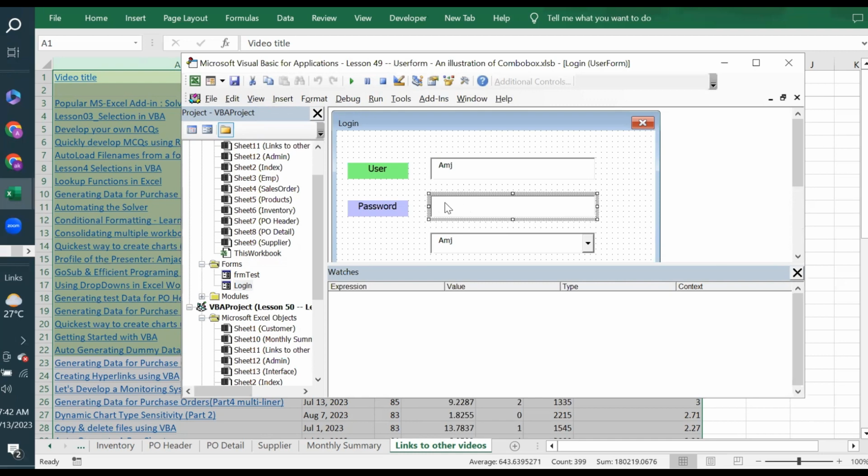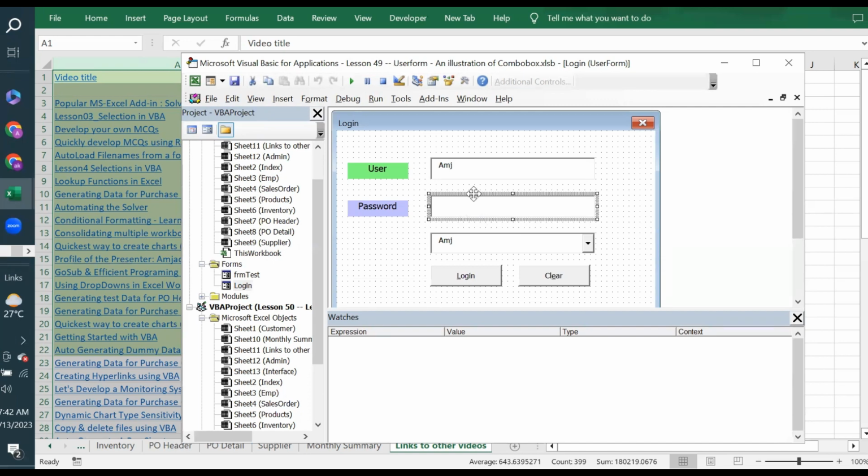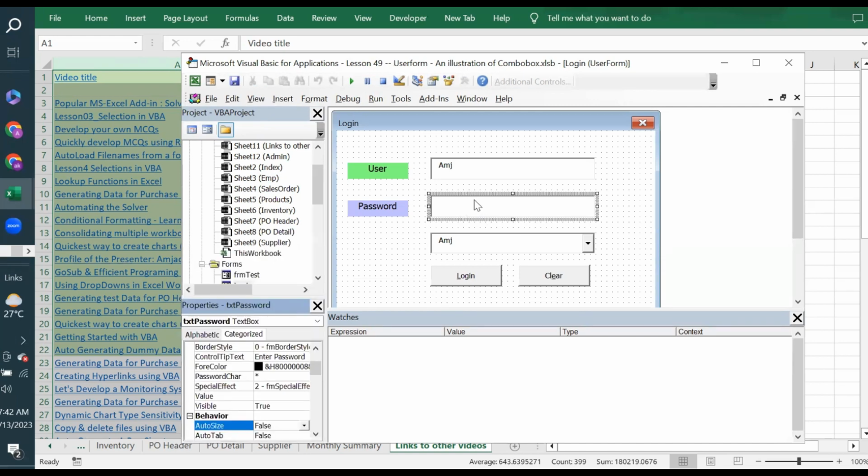that when the user enters on this password, the characters are not appearing, whereas here, what is the property which is set for it? So all you need to do is click on here. I show you, and you press F4 to go to properties, and in here you have